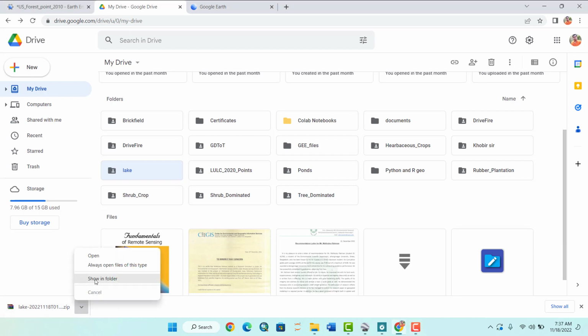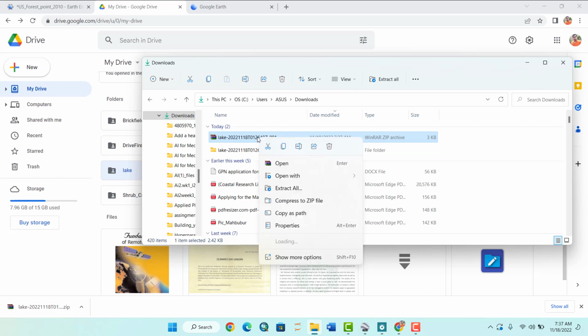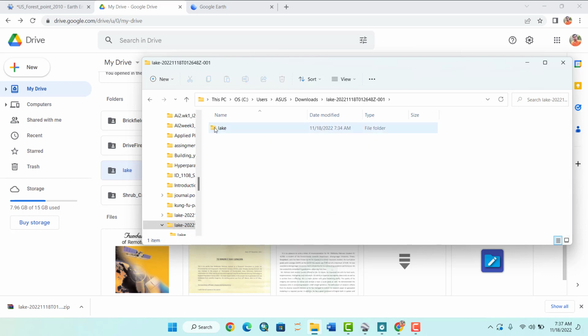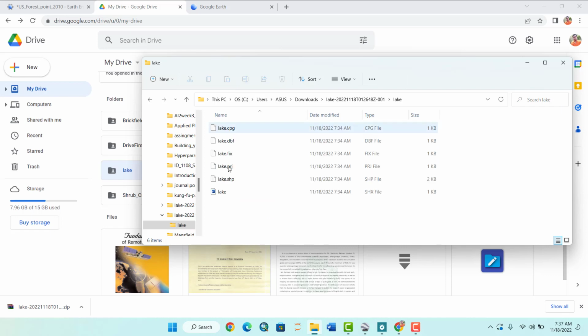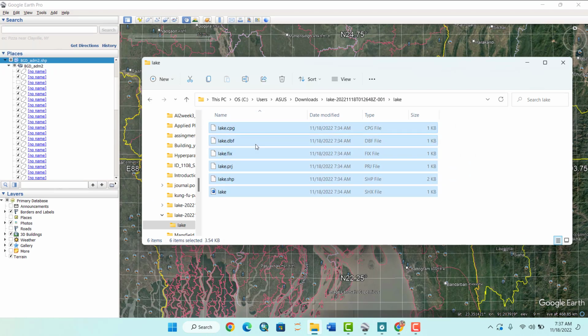Now let's go there, and I have extracted the files. You just have to right click here and extract all those files. Here you can see all of our lake files. So now you can just select all of these files and drag them to Google Earth Pro, or